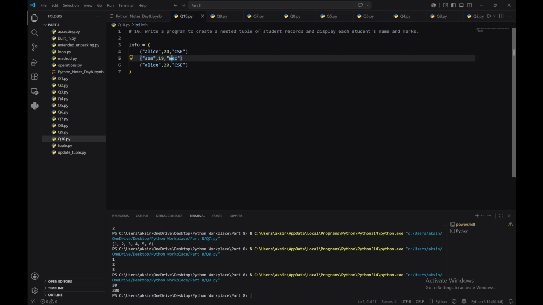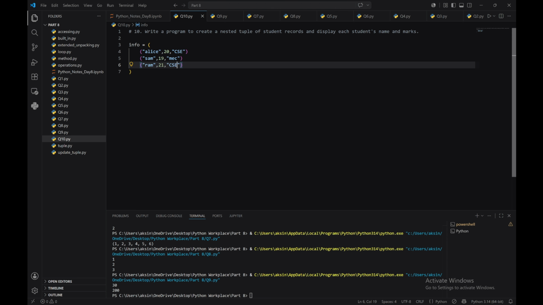And for next we will take Ram, and we will take his age 21, comma for his subject we will take Python. He is specialized in CSC,